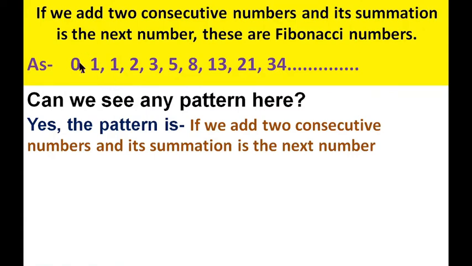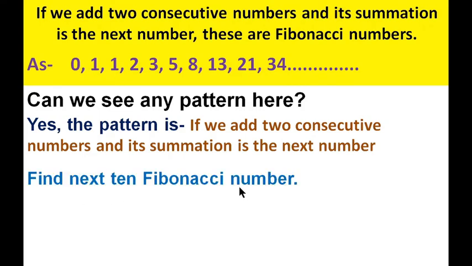That means by the summation of two consecutive numbers, we can get the next number. Find the next 10 Fibonacci numbers. Here there are some Fibonacci numbers, and then what is the Fibonacci number just after 34? So 21 plus 34 will be 55, and then another one will be 34 plus 55,